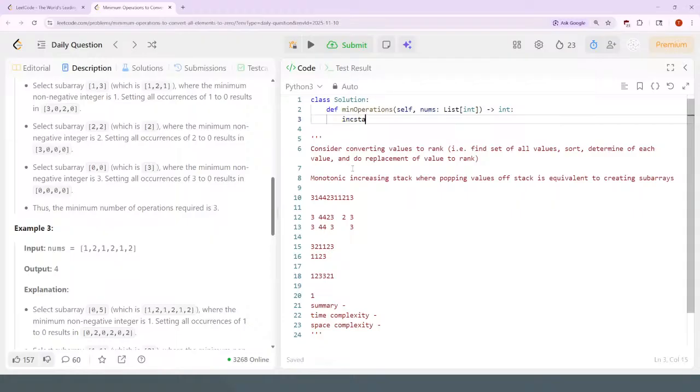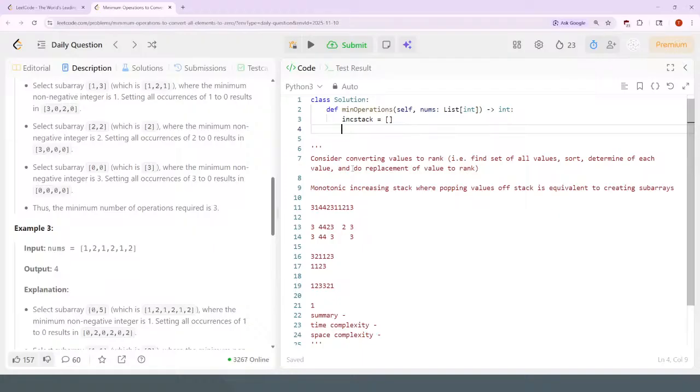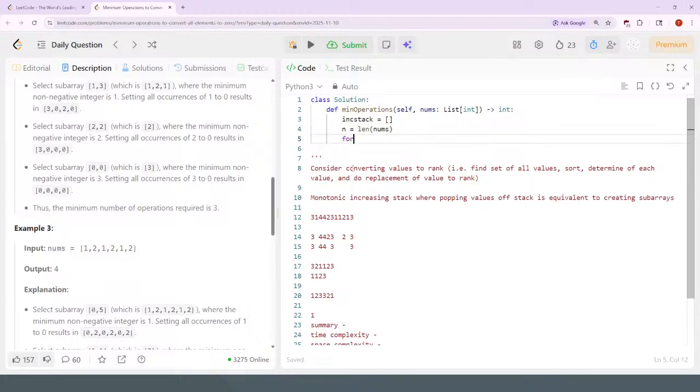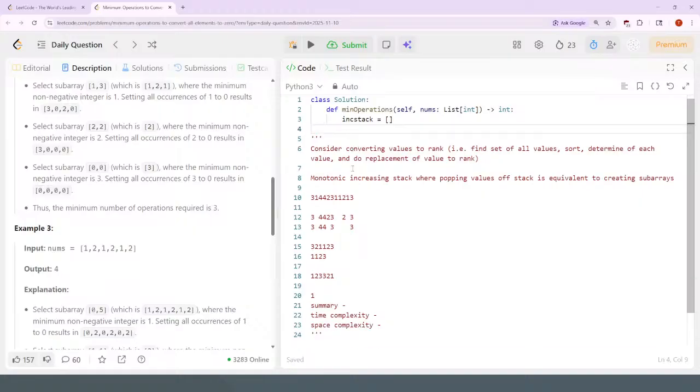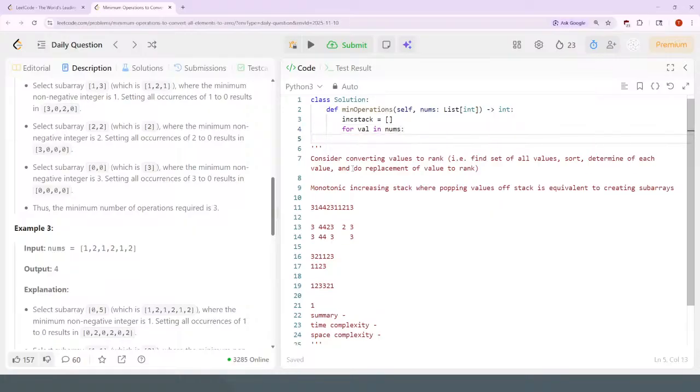Increasing stack is going to be empty. N is equal to length of nums. For each index in range n. Actually, do I even need the indexing? Don't need the indexing, to be honest. So value, for every value in nums,